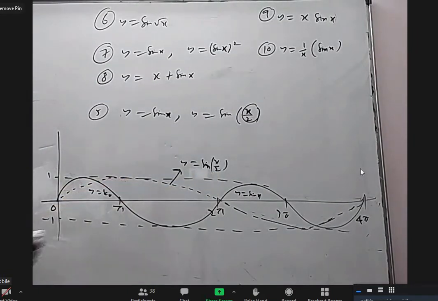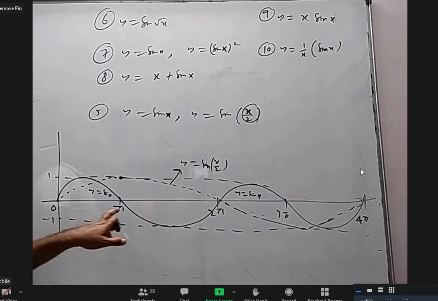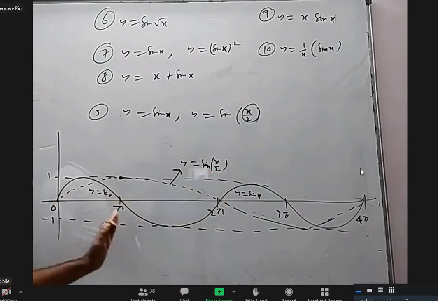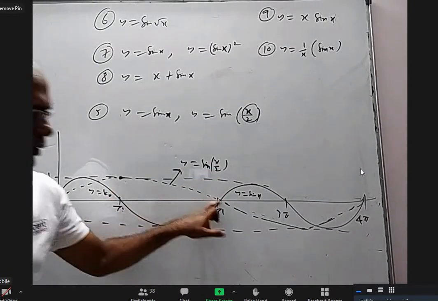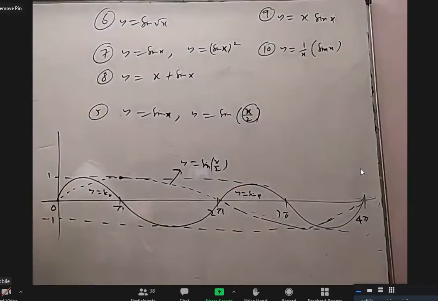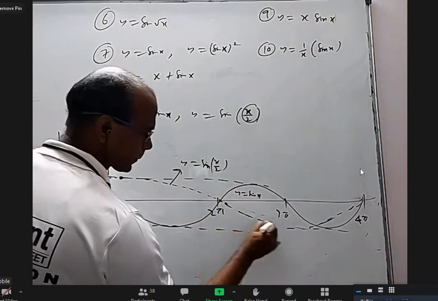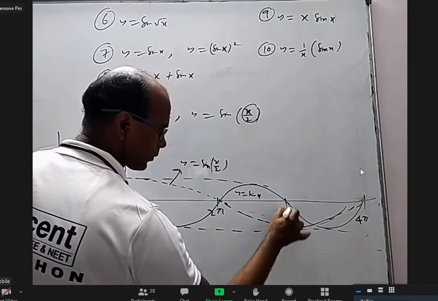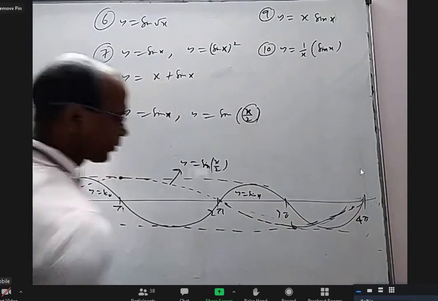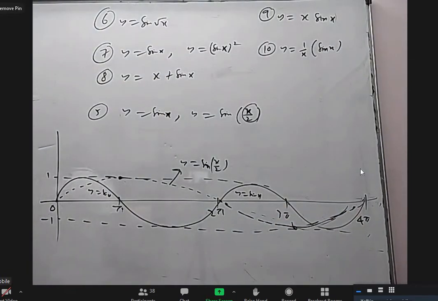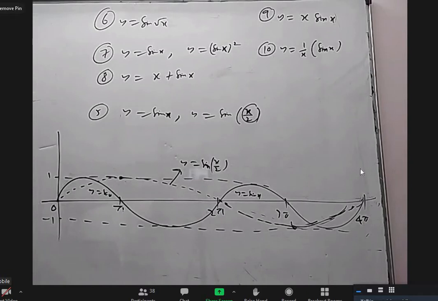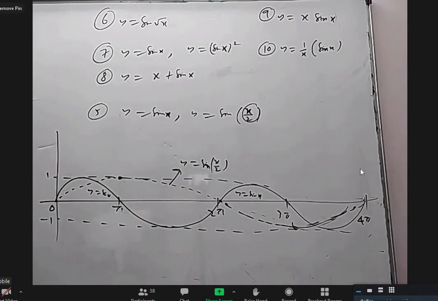When x is between 0 to pi, x by 2 is between 0 to pi by 2, the first quadrant, where it reaches 1. And when x is between pi to 2 pi, x by 2 is between pi by 2 and pi, which is the second quadrant. This is the third quadrant, this is the fourth quadrant part for it, and it will have least value at 3 pi. So the previous one is within one sine wave, we got two sine waves. Now, within two sine waves, we got only one wave of sin x by 2. Is that okay?